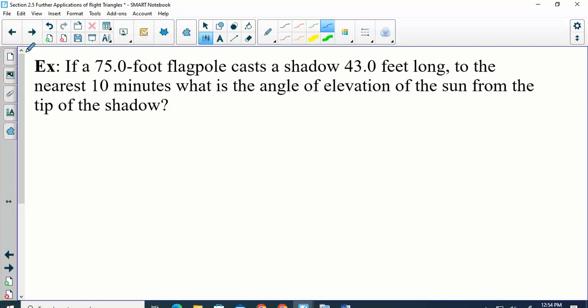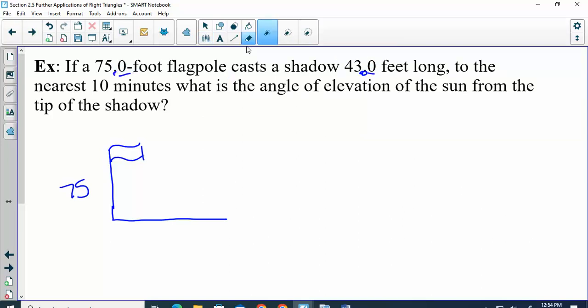So if a 75-foot flagpole casts a shadow 43 feet long, where does the shadow go? On the ground. Okay. How many significant digits am I giving you? 3. If there's a decimal, we count that 0, so this is 3. So this is 43. To the nearest 10 minutes, what is the angle of elevation of the sun from the